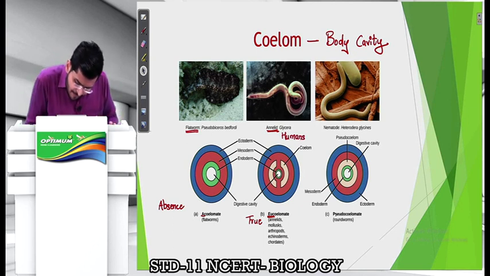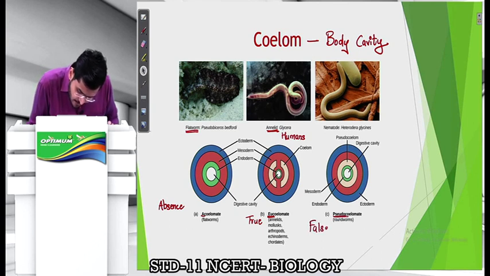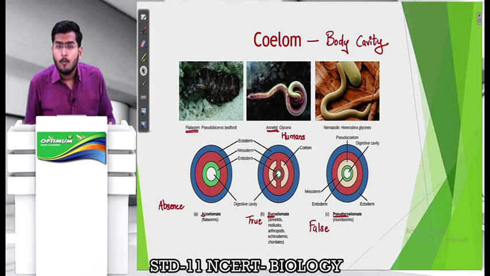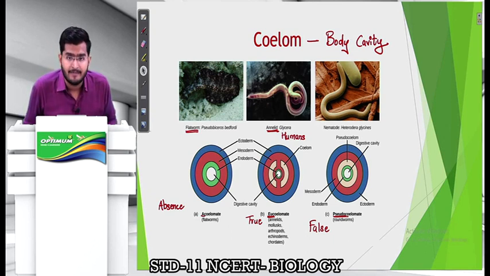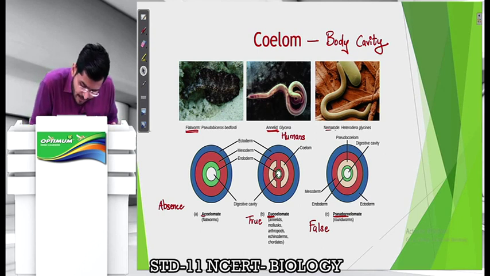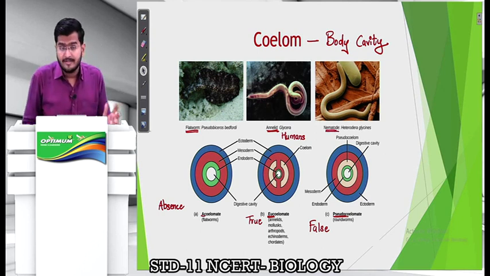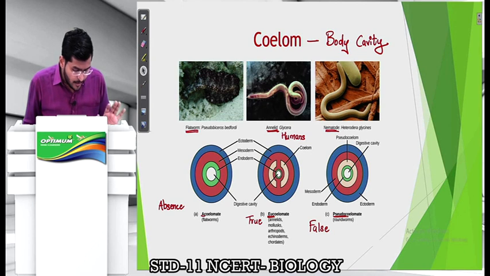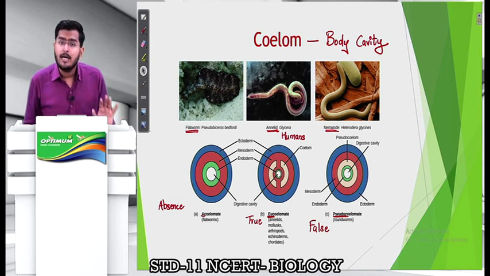And then we have something called pseudocoelomate. Pseudo stands for false. So these are those organisms which seem to have a body cavity, but it's not a true body cavity, because there are going to be pouches of cells because of which it does not have adequate space. So we refer to them as pseudocoelomates, or the ones which have a false body cavity. Here the example is nematodes like Ascaris, which can cause infections in humans. So we have three categories. We have acoelomate.